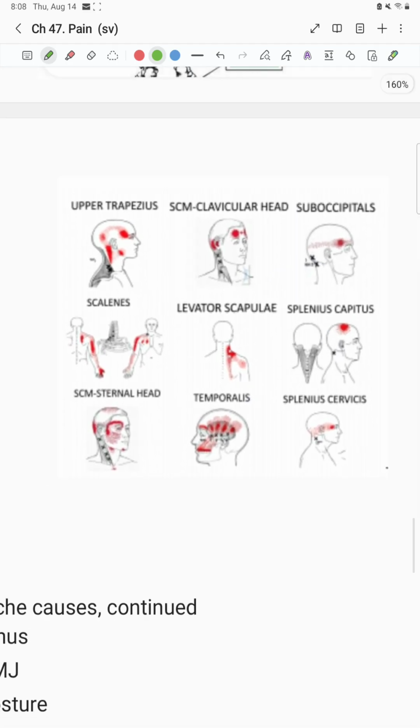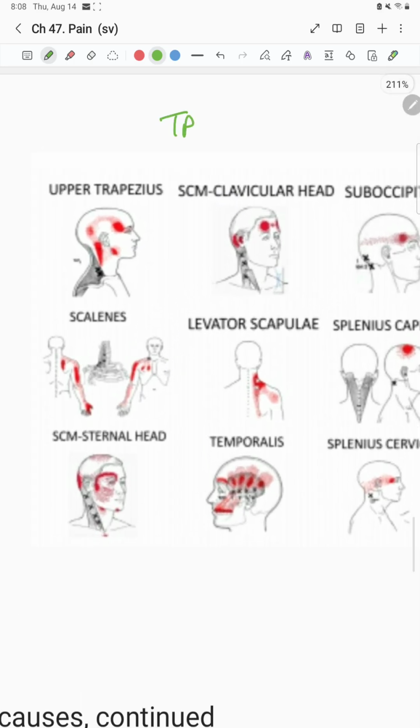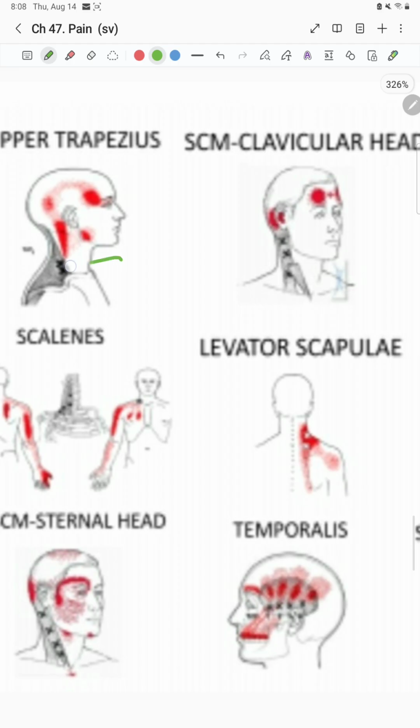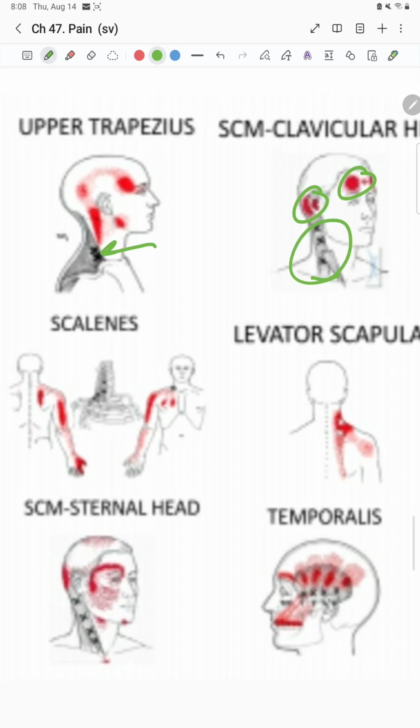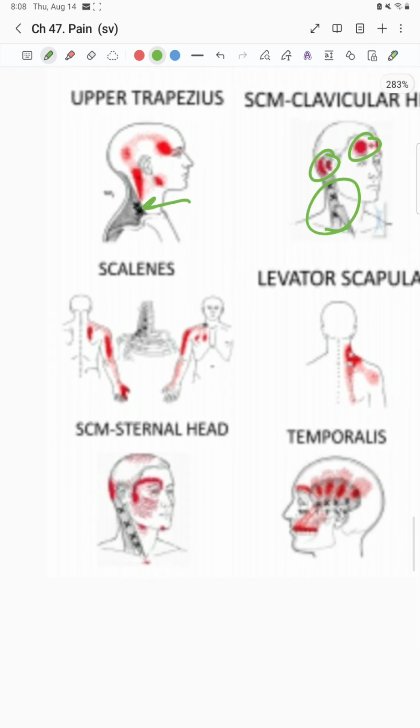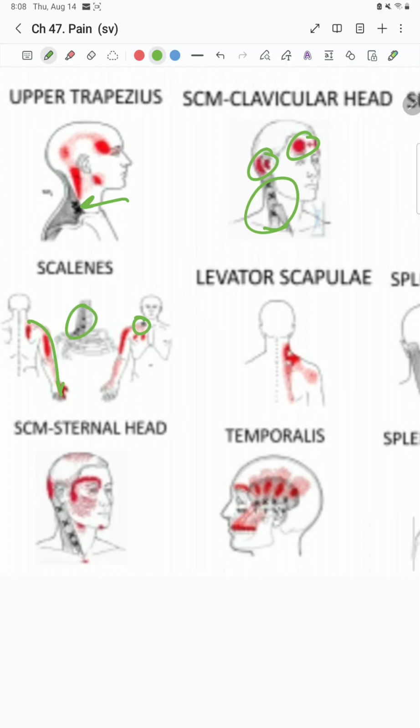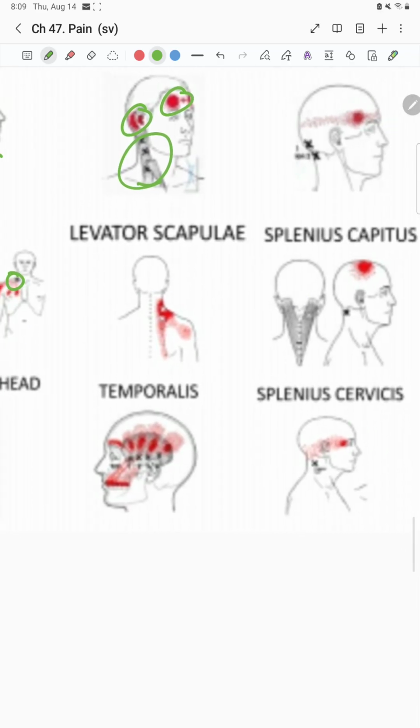Here's another diagram that shows some referred pain patterns. So these are trigger points. And the black dots that you see are the actual hurt area. And the red is where it sends the pain. So the patient will feel it in the red areas, but what's causing it is the trigger points in those particular muscles. Okay, so even pain down the arm can come from some sort of scalene issue or sternocleidomastoid,